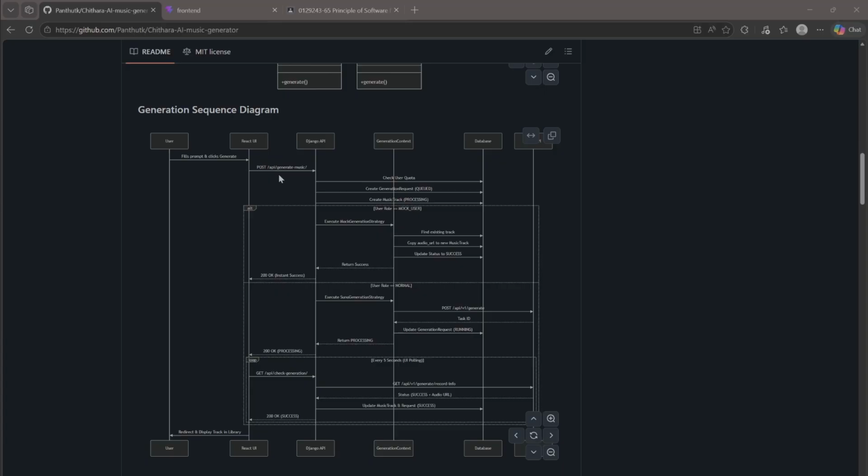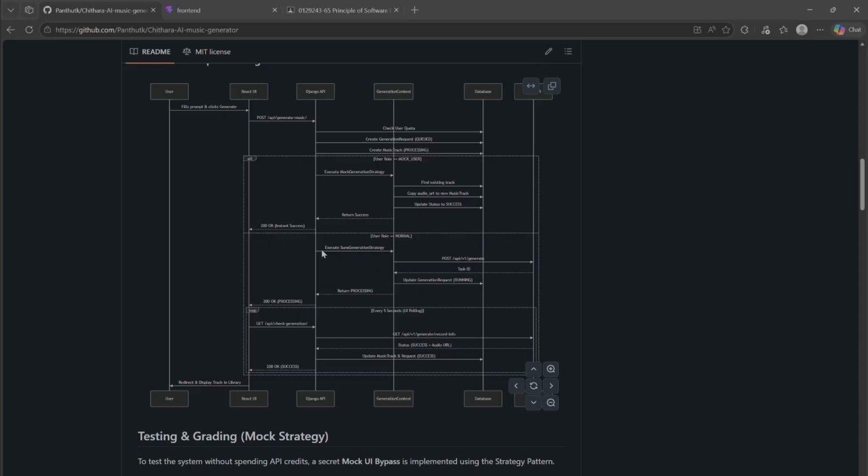It checks our user quota, creates the generation request and music track in our database, and executes the mock generation strategy if the user is a mock user. It finds the existing tag, copies the audio URL to the music track, updates the status to success, and returns the success to our front end.